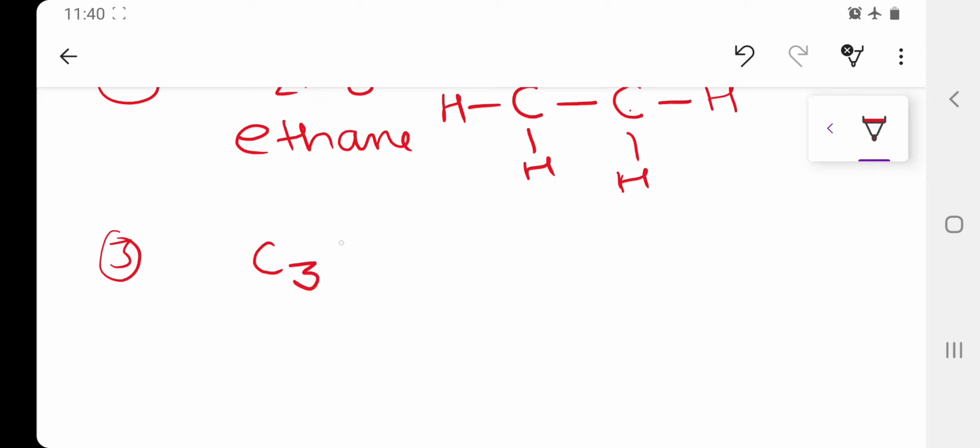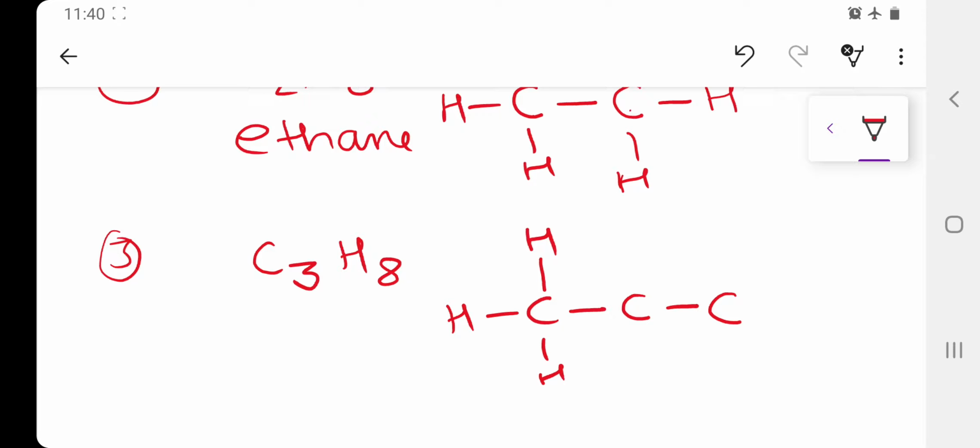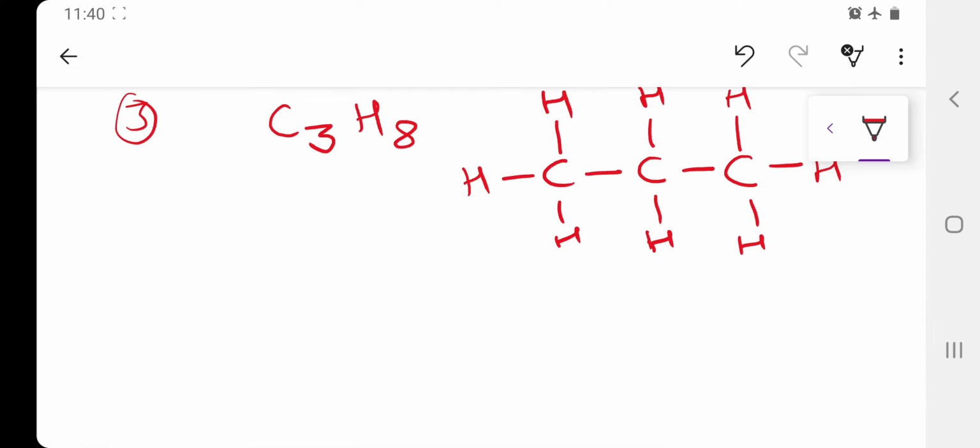This propane is C3H8 and it can be represented as a chain of carbon atoms. This carbon has one valency with the next carbon, so 3 valencies remain with this carbon. Then the middle carbon will have 2 valencies remaining with hydrogen. We are only studying hydrocarbons, and in hydrocarbons we are only focusing on alkanes. Then C3H8 can be represented in this way, only one way of representation, only one type of C3H8 that you are getting.